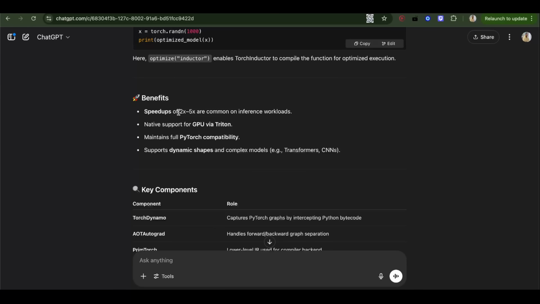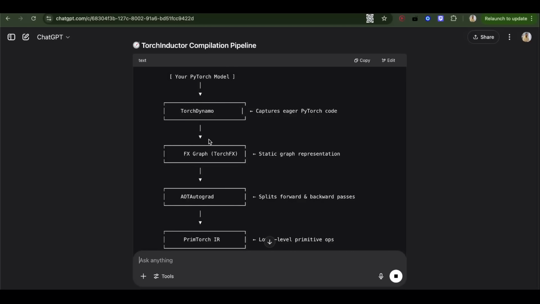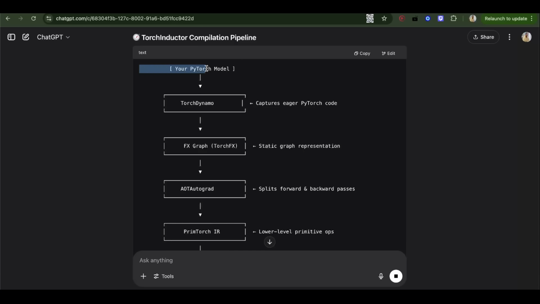Benefits. Speedups of 2x to 5x are common on inference workloads. Native support for GPU via Triton. Maintains full PyTorch compatibility, supports dynamic shapes and complex models: Transformers, CNNs. Here we have a diagram. So your PyTorch model goes into Torch Dynamo, which captures